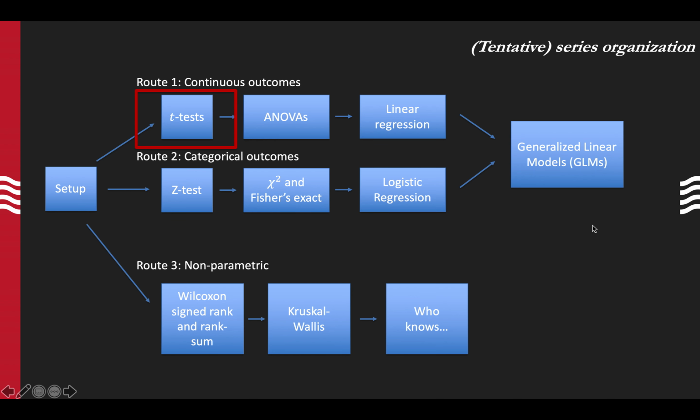Let's see if I can actually advance the slide there. There we go. Okay, so in terms of the tentative series organization, hopefully you are coming from the first video in Route 1 in which we covered a little bit of theory about t-tests. So we talked about what t-tests are, how the student's t-distribution arises. We talked about effect sizes. We talked about how to power a t-test. And today we are going to go through and show how to do a lot of those things using an example Jupyter notebook. And I am going to post a link to that notebook so you can download it and